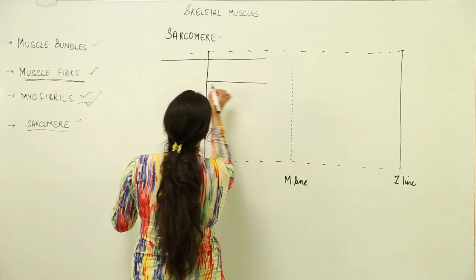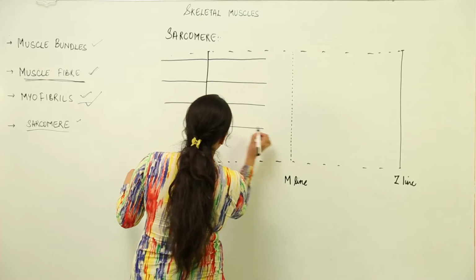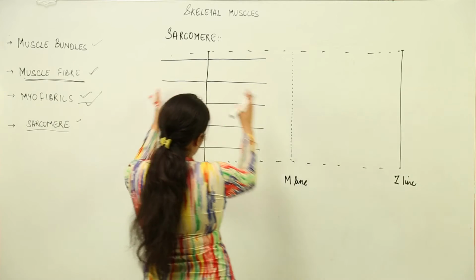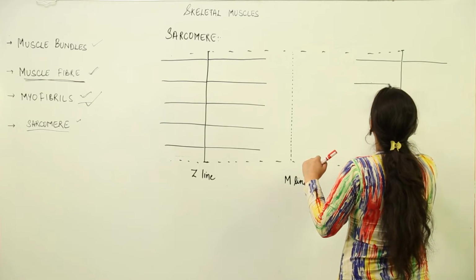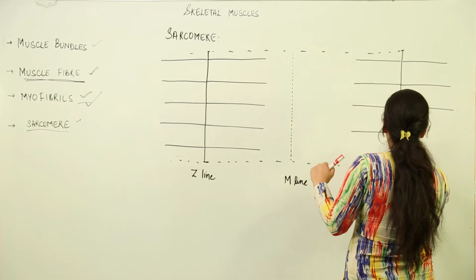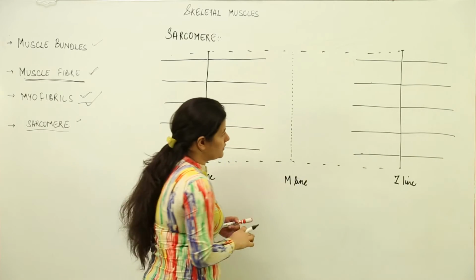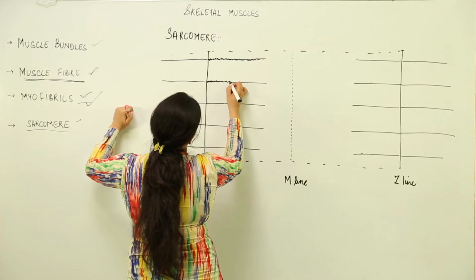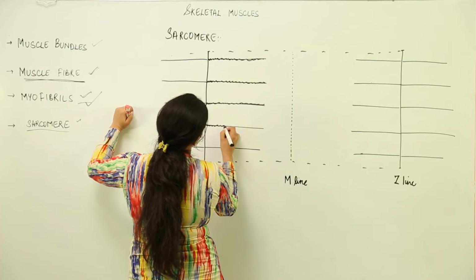Actin filaments are arranged alternately with myosin filaments, but for once we are seeing what that arrangement is on both sides of the Z line. In the other case, these are actin filaments. Please remember, actin filaments lie towards the periphery of the myofilament. This itself is a myofilament, but this is a myofibril that we are discussing. These are actin molecules. Now, actin is a protein, you know. We discussed in the previous lesson that it is light, while the myosin is